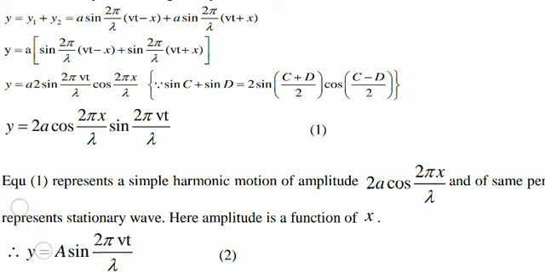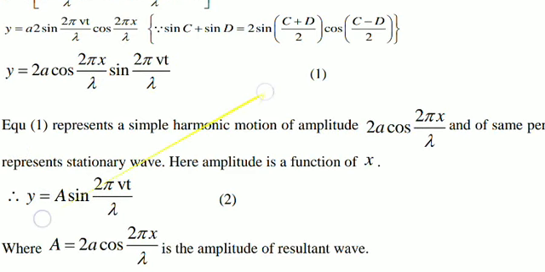Cosine term means what? It will be varying from 0 to maximum to 0, again 0 to maximum in the negative direction, again maximum to 0. So it is a kind of alternating fluctuation. This cosine term indicates that something is varying. If we call this complete thing an amplitude, it means that the amplitude is continuously changing within this standing wave. So the amplitude is given by this particular thing.